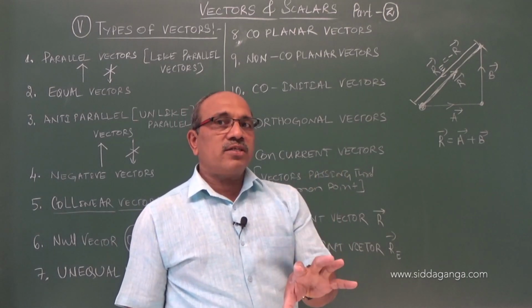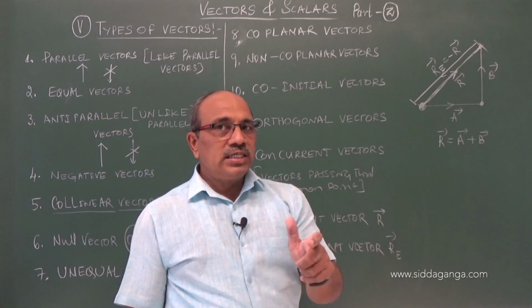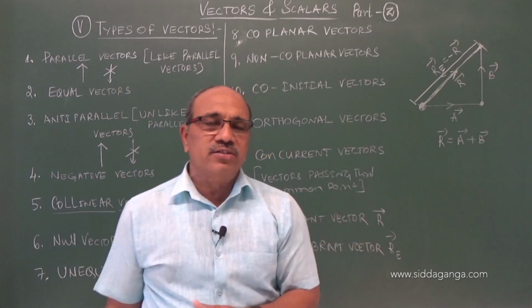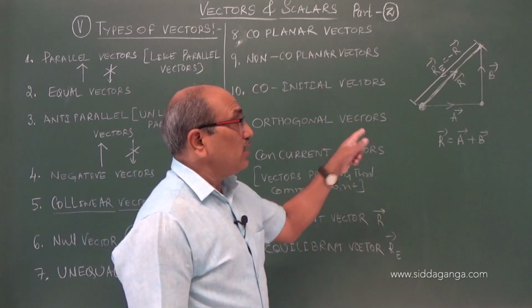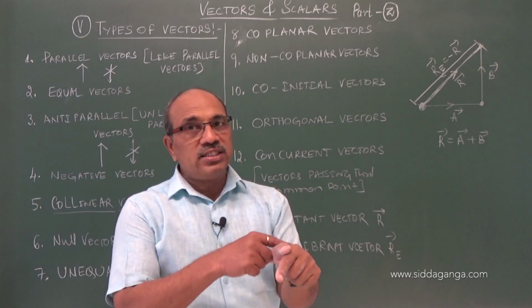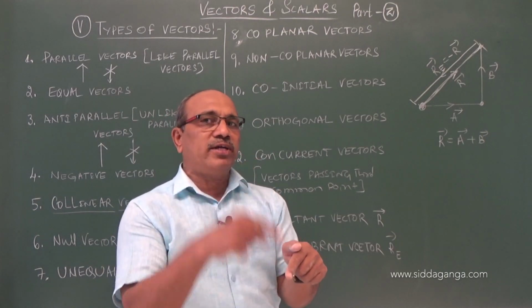There are many vectors acting on a body which give some effect on the body. With the resultant, I can replace all those vectors with a single vector which gives that effect. But equilibrant is such a single vector that, if I apply it, it neutralizes the effect of all the vectors and keeps the body in equilibrium. That is why it is called equilibrant.